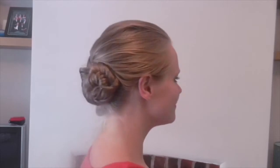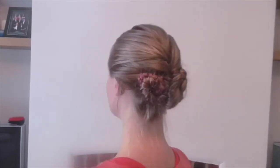Today's hairstyle is a French fishtail pinned bun, and this is what it looks like. You can very easily add decorations to this style if you would like to, or you